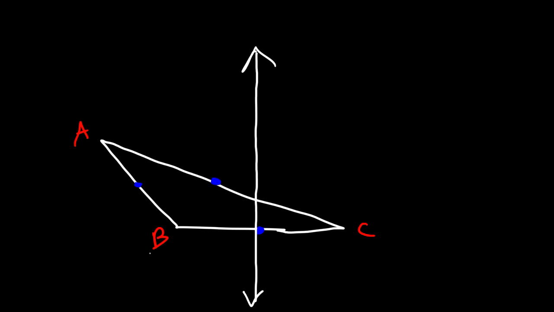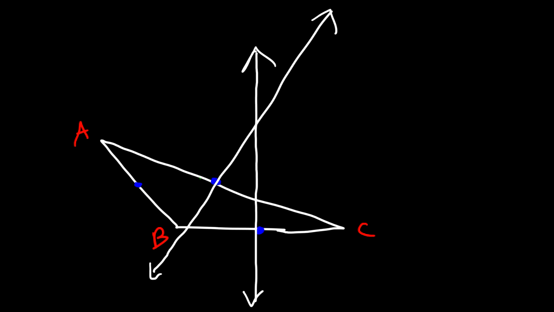Now let's draw an obtuse triangle. And let's call it triangle ABC. So go ahead and identify the location of the circumcenter. So to do that, identify the midpoint of BC, AB, and AC. So let's draw the perpendicular bisector of BC. And then let's do the same for